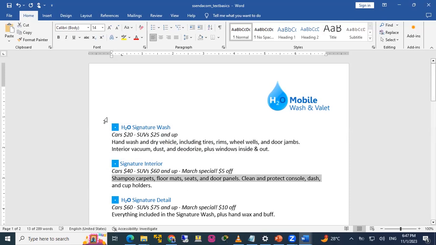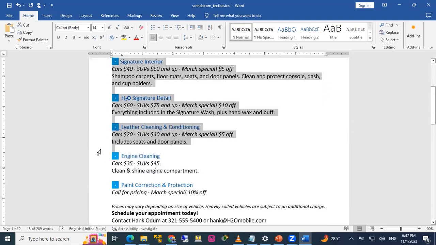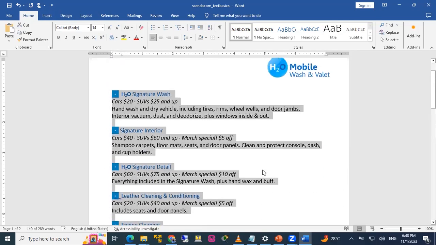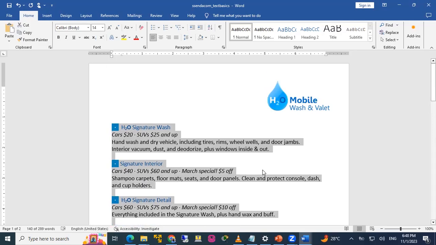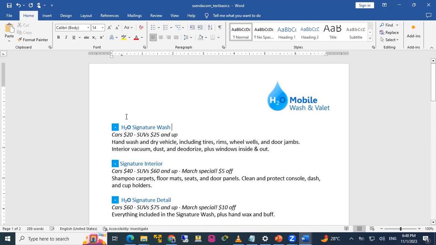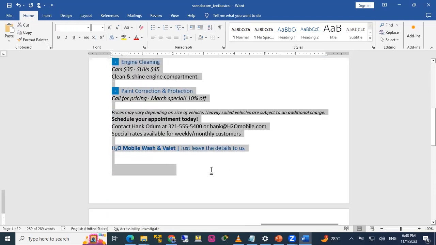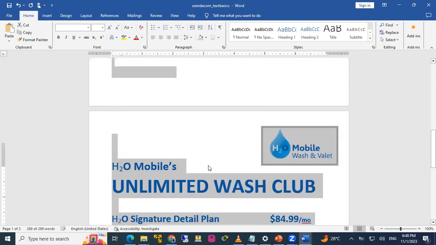Now, if I want to select or highlight everything here, all I do is click on the left side, hold and drag. It will select, sorry, not all, up to where you want to select to. So I want to select up to this place. Now, if you want to select the entire document, you use Control A. On your keyboard, we have the Control key, and you press the A together. So if I want to select the whole document, I do Control and A. It selects everything on the document.